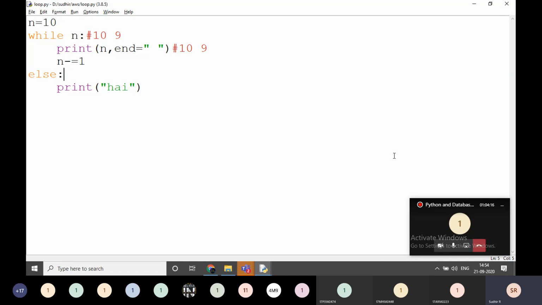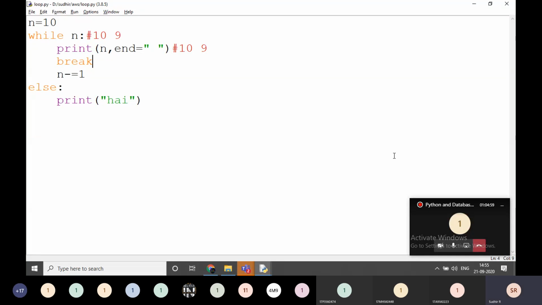For example, this loop is going to be terminated based on the while condition, right? If the loop is going to break based on that condition, that is called natural breaking. For example, I am going to write here a break. If it is going to break using the break statement, this is called manual breaking, that means user defined breaking.